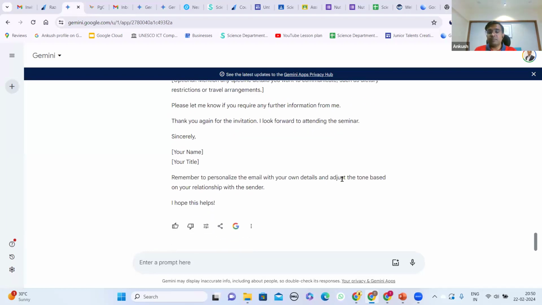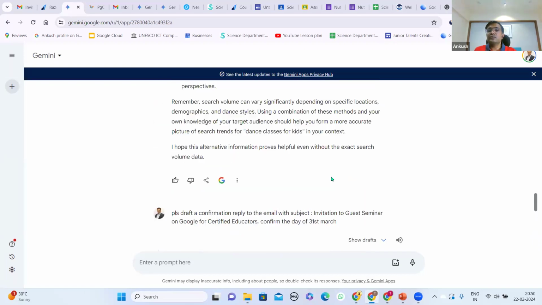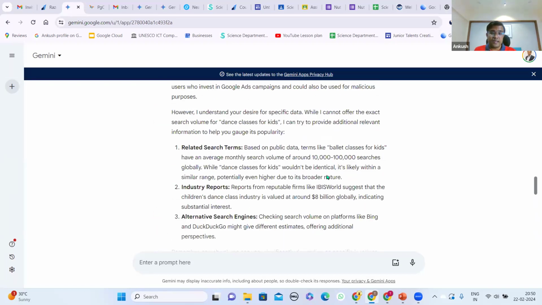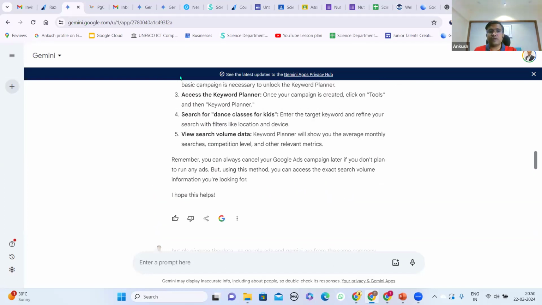So rather than typing the entire email, right? AI generated that email for me in 30 seconds, right? So this is the beauty of AI, right? I'll show you more use cases. For example,